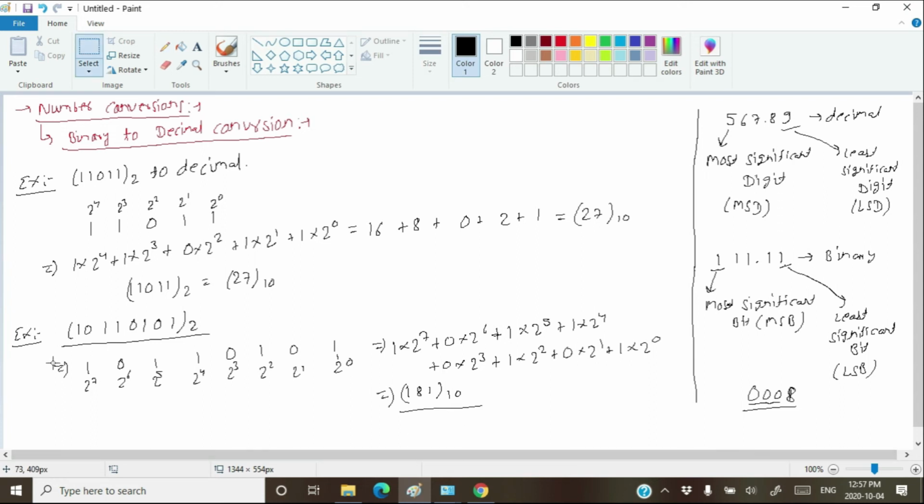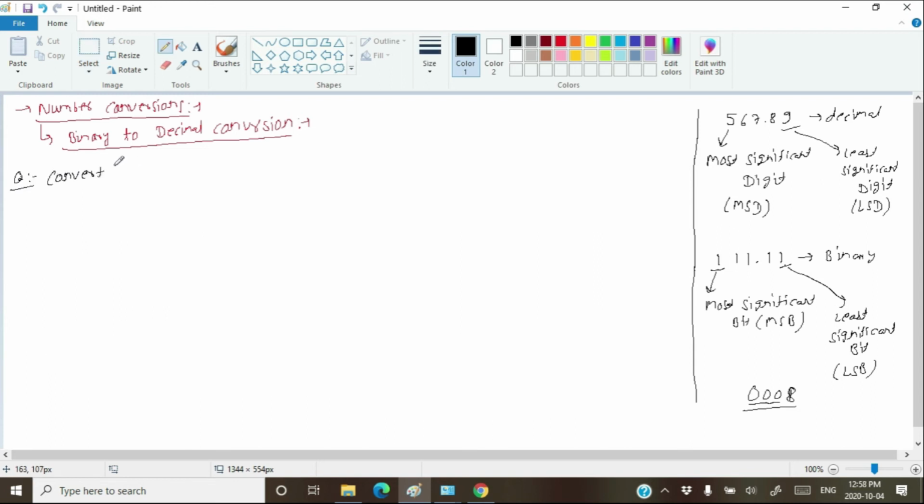Now let's take one more example of binary to decimal conversion. Convert 100.1101 in binary to decimal. Write them down, 100.1101, and give them weights. Give the weights to the non-fractional part from right to left, like 2 to the power 0, 2 to the power 1 and 2 to the power 2, and give the weights to the fractional parts from left to right,